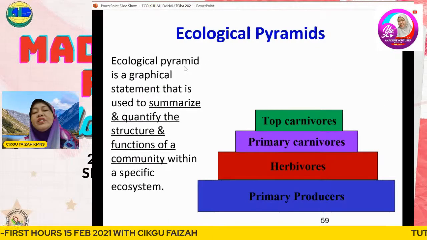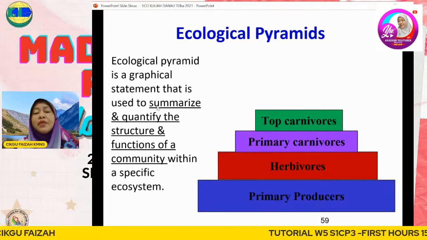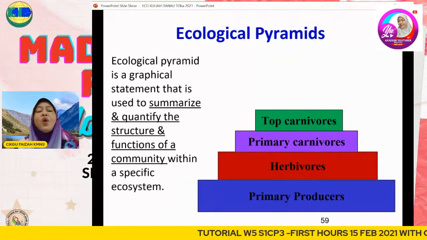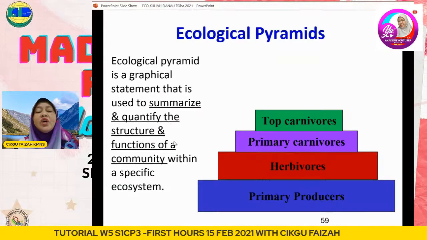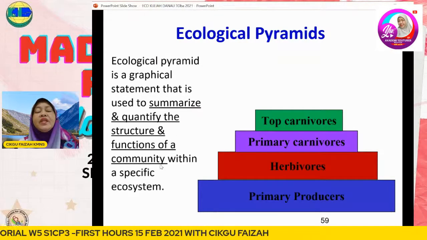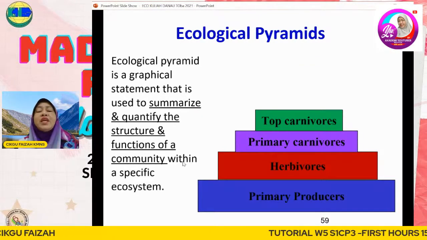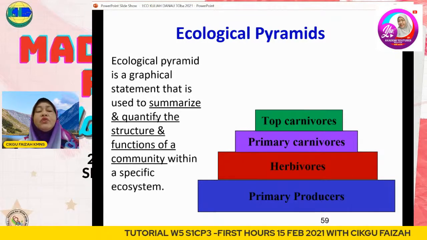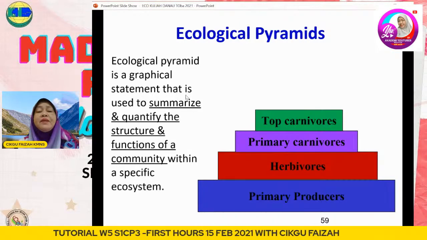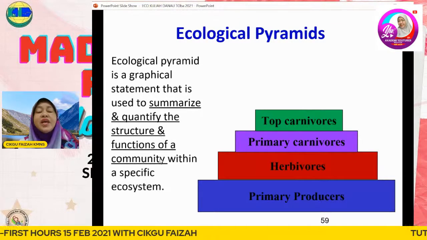Ecologists came up with this type of ecological pyramid to summarize and quantify the structure and function of a community within a specific ecosystem. Let me repeat once more why you need to master this ecological pyramid proposed by ecologists: because this pyramid actually summarizes and quantifies the structure and function